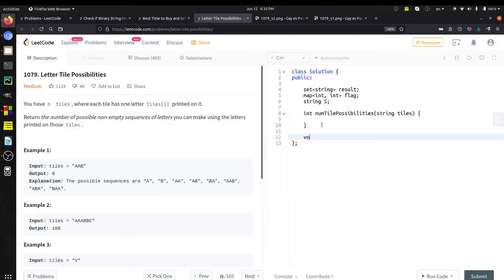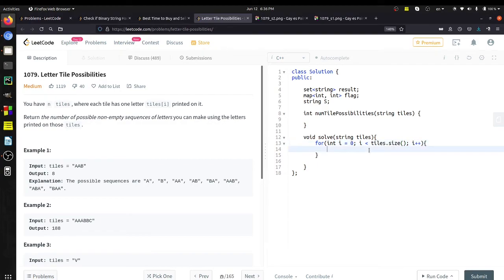Now we will write the backtrack function solve. As we have initialized all the variables globally, so we don't have to pass those variables into this function. So I am just passing the string tiles as a parameter, and as I said, for every call it will run a for loop from 0 to tiles dot size.